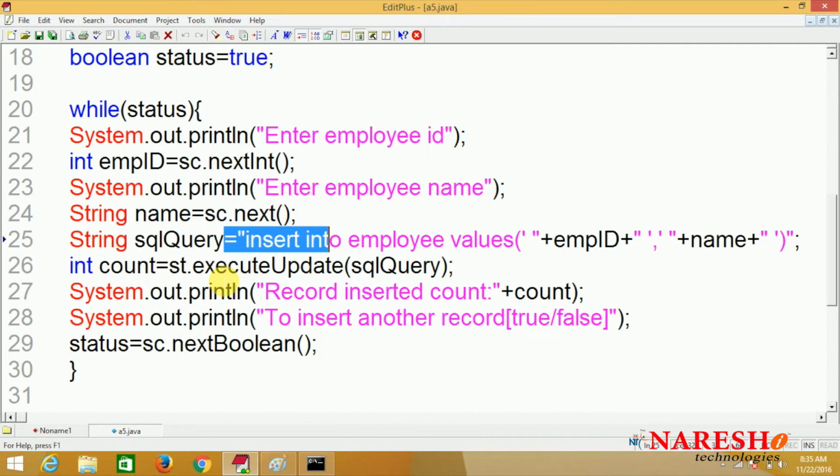Every time, the insert query, insert into employee values, is the only query we are submitting multiple times. So in this scenario, the database load increases. Whenever the database load increases, the same load is reflected on your application also, meaning in your Java program. So the Java program's performance is reduced. That is a problem. Whenever we want to submit the same SQL query multiple times, with the same query but the data changed dynamically,